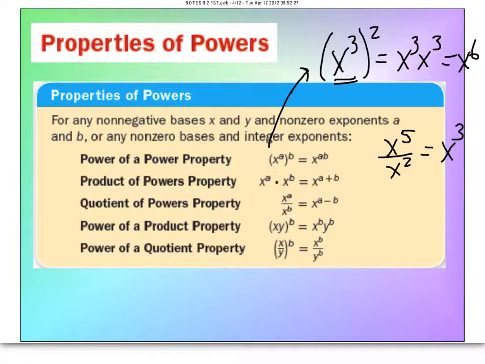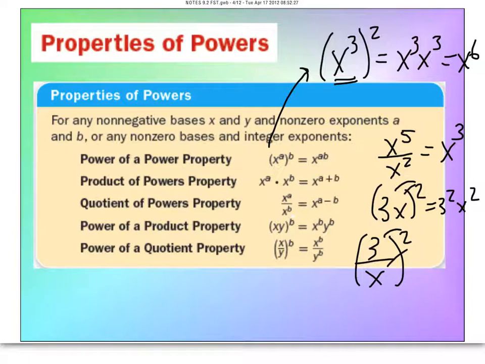This 4th rule, if you have 2 different base numbers in here and an exponent on the outside, you can, in theory, distribute that or give it to both numbers that are the bases. So what you might have is, if it's 3x being squared, you would write 3 squared and x squared, or 9x squared. And the same thing, if it's a fraction but they're two different bases, the exponent would go here. So let's just reverse that. What if we had written 3 over x, all being squared? You would just give the square to both the top and the bottom, so it would be 3 squared over x squared,